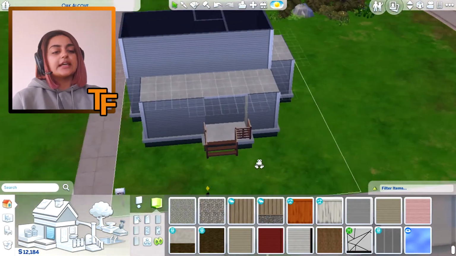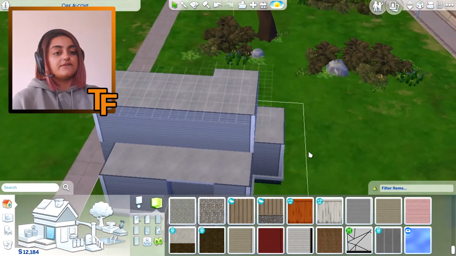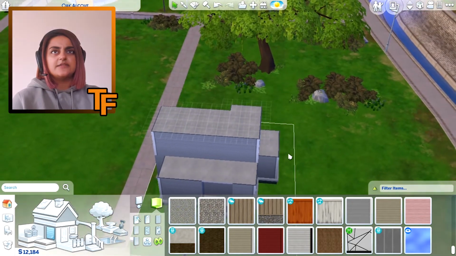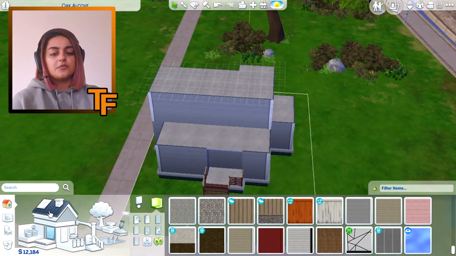Now we've got an outside, we've got a foundation and all that kind of stuff. Let's roof it before we furnish it. Why I struggle so much. So we're going to do this front part first. So if we click on the roofs here,